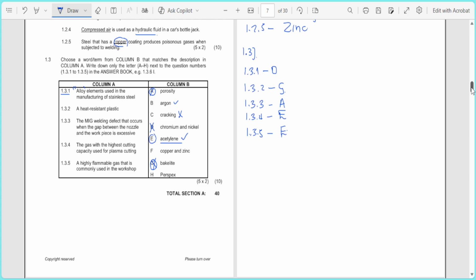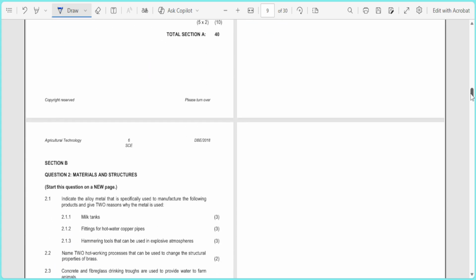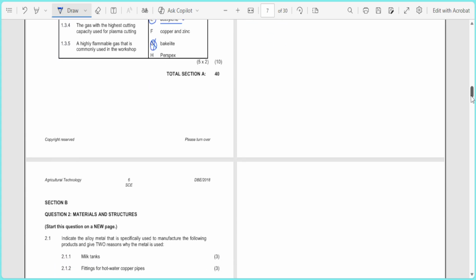Now, section A, 40 marks. Now we are going for section